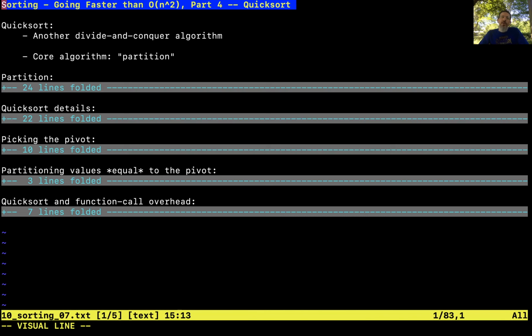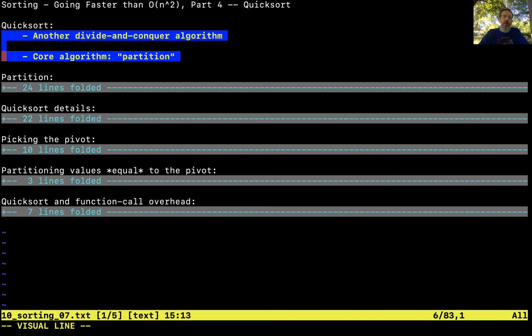In this lecture, we're going to talk about our next sorting algorithm, Quicksort, another fast sorting algorithm, as the name suggests. Like merge sort, Quicksort is a divide and conquer algorithm, and the central part of Quicksort that we really have to understand in order to understand how it works is